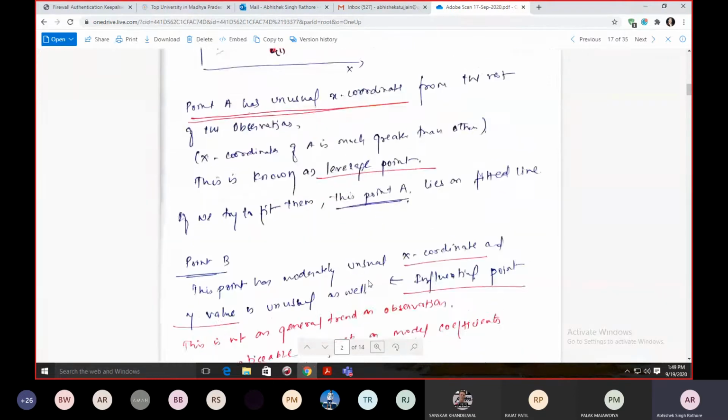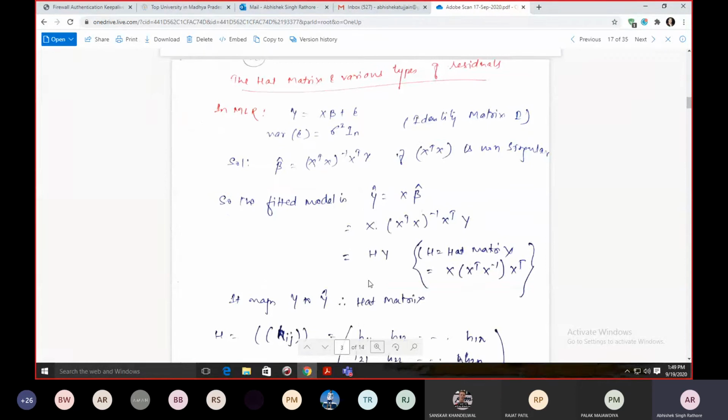So again, then we'll go for the hat matrices. What are these hat matrices? We are considering residuals again here, and we'll check what the different residuals are and what the effects of residuals are on your points. Usually this is not in the syllabus, but we have to look at the effect of this hat matrix on the different types of residuals, because we are going to look at the different types of residuals, what their effects are on your usual model assumptions, and how we can check that our model is good when we have these residual plots.